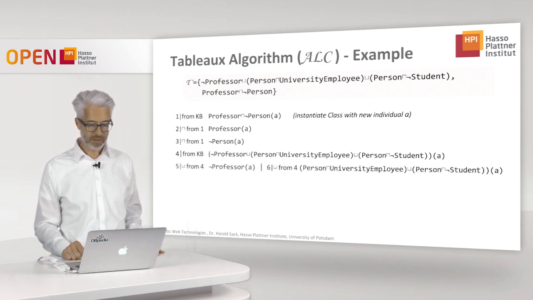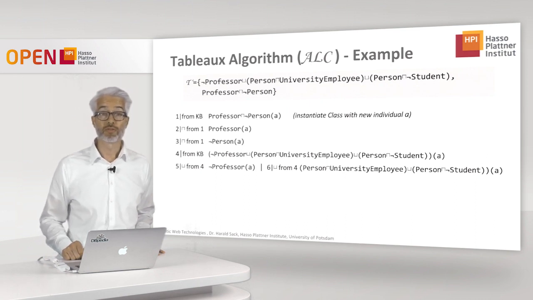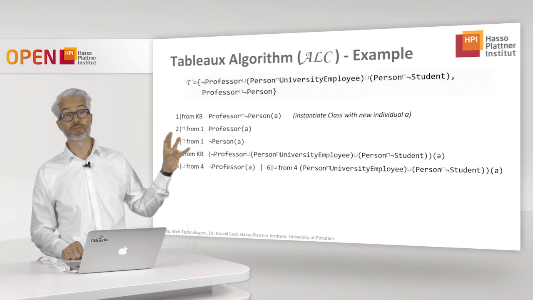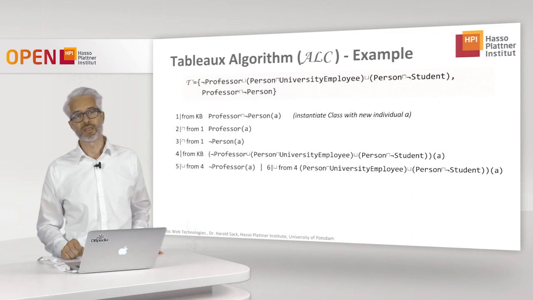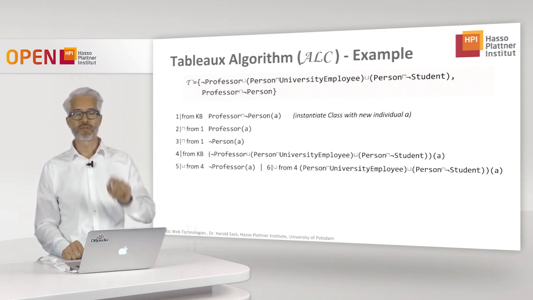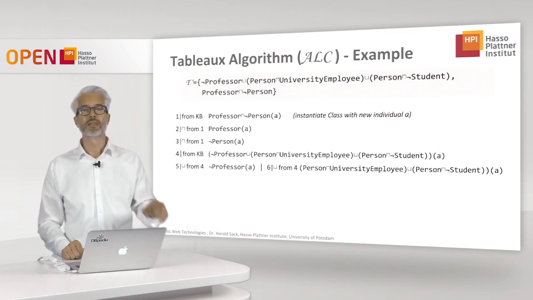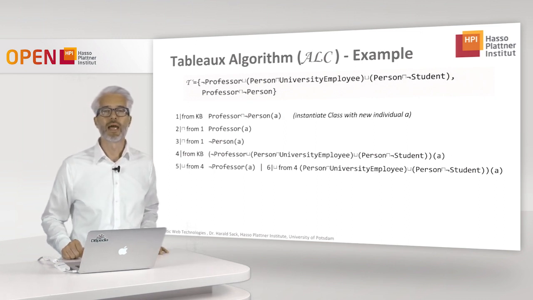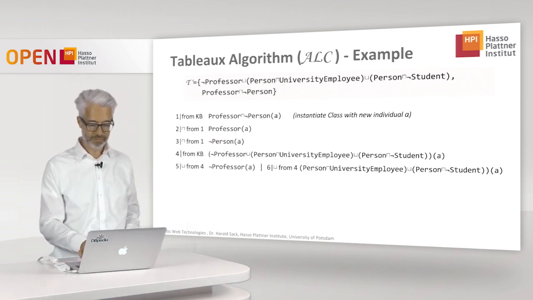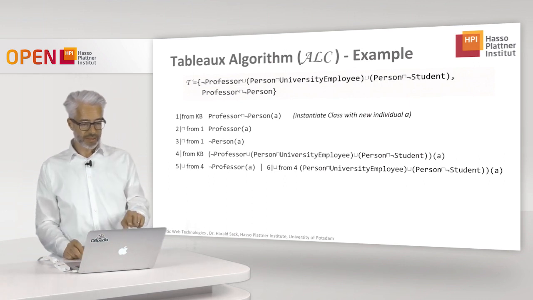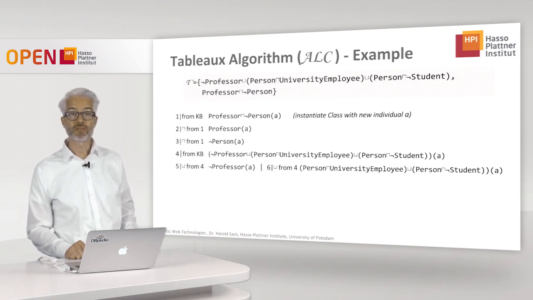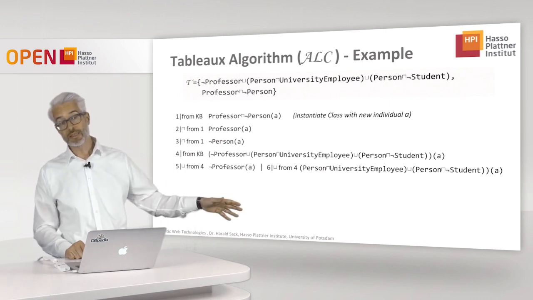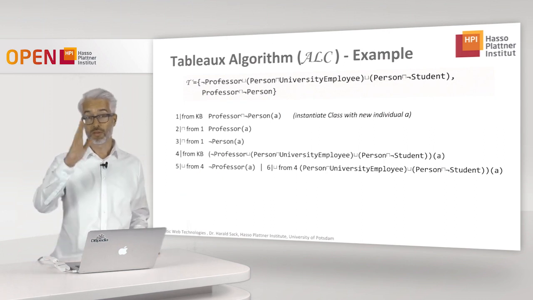What we see here are two disjunctions. Therefore, we have to apply first the disjunction rule. And I take care first of the first part here, which connects the not professor with the rest. And of course, we can deduce from that longer fact that A is not a professor and the rest. So this is in parallel, again, a disjunction. What we see already here, fact number 5, A is not a professor, and fact number 2, A is a professor. This is a contradiction which closes this branch of the tableau,